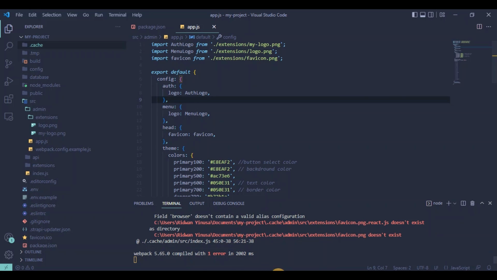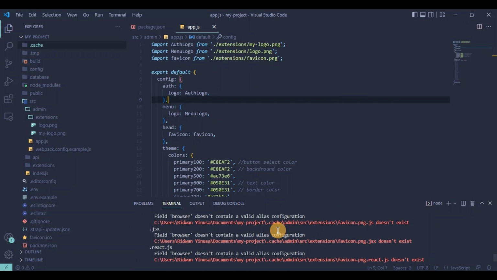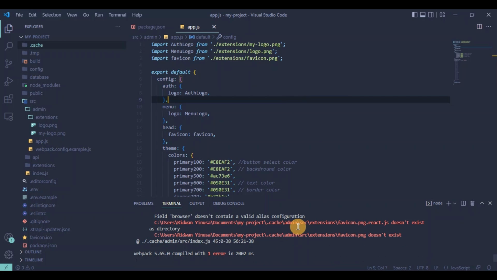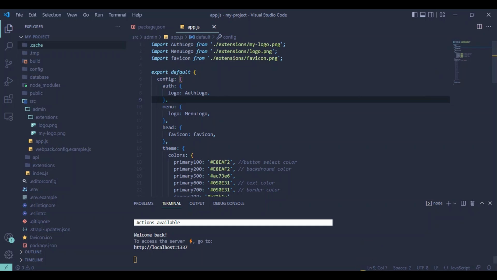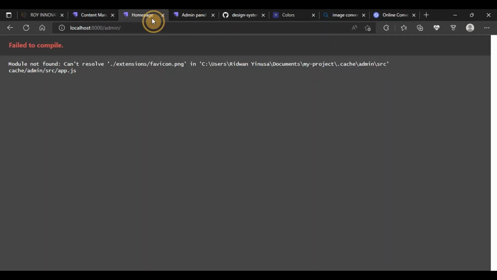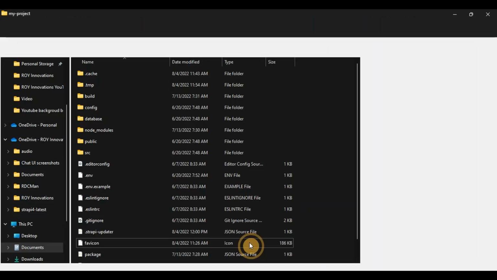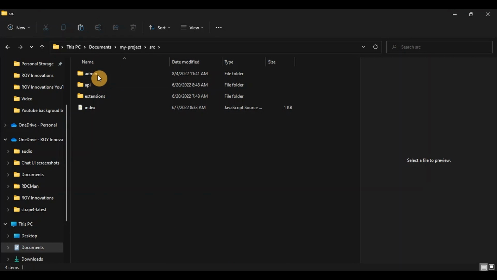It's already restarting the server because of that change. Okay, we had an error because we haven't saved this file before it showed up. So let's go back to the project. It's saying it can't be found here. So let's refresh. Okay. Oh, we need to put this favicon.png into the extension folder as well. So let's see what we need to do. Let's go back to the folder source, then admin